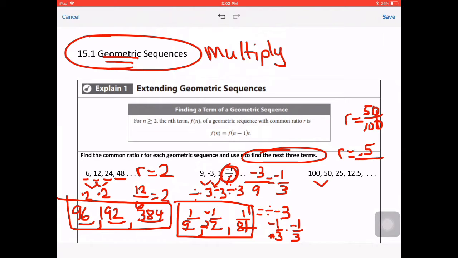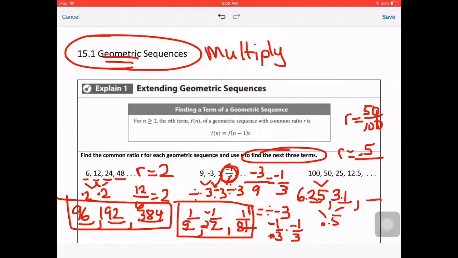So the pattern or the ratio that we're going to use is r is equal to 0.5. So let's continue our pattern. If we're at 12.5 on the end and we multiply that by 0.5 or a half, that would give our next number as 6.25. If I continue my pattern and multiply that times 0.5, I will get a new value